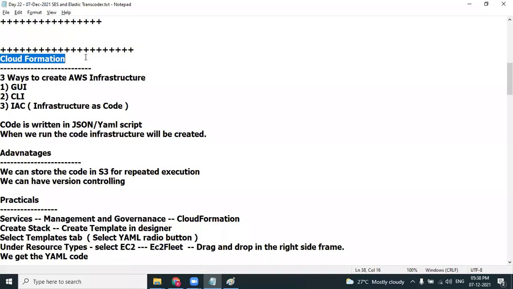So let's say you have created a code for creating 100 EC2 machines. When you run the code, 100 EC2 machines will be up and running. The advantage is that you can use that code for repeated execution. If the client wants the same 100 machines to be created in Singapore region,